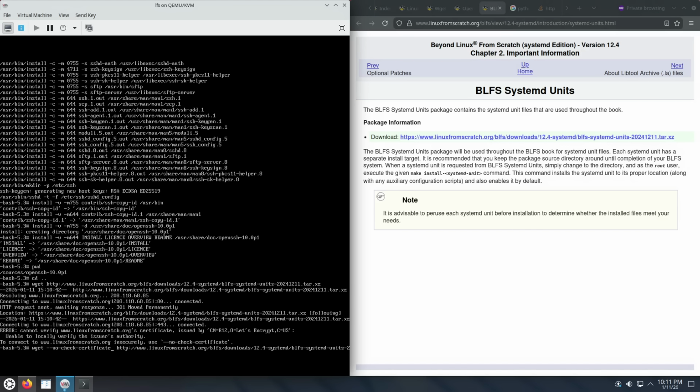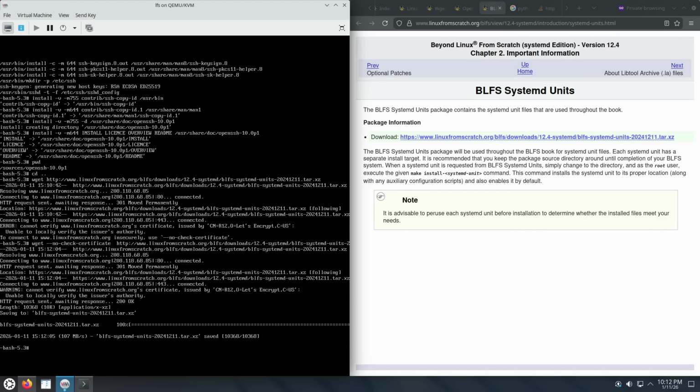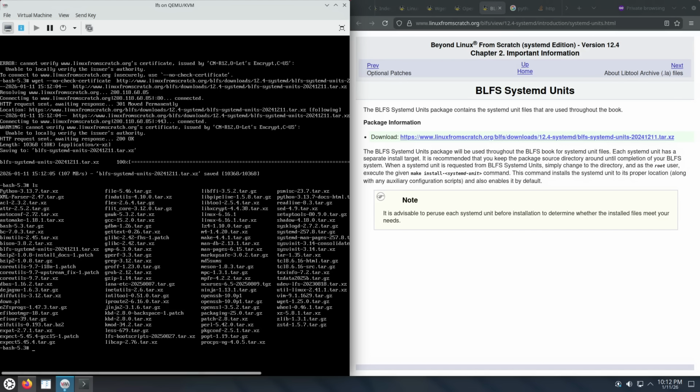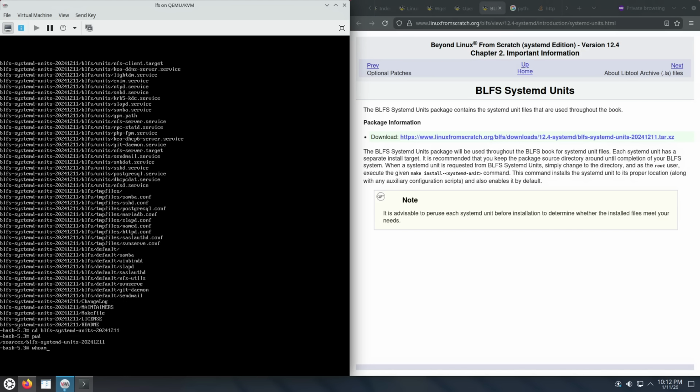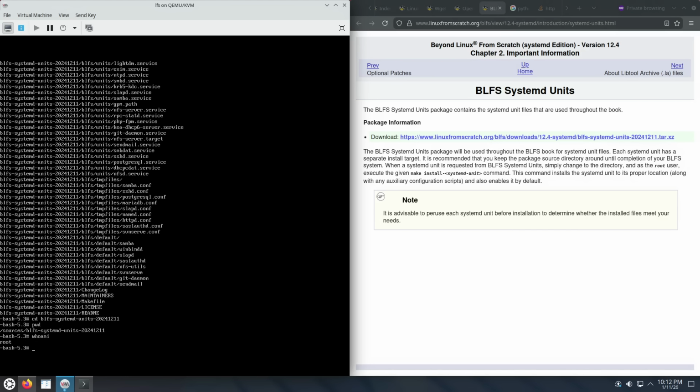So wget --no-check-certificate and then the URL. ls. The name is blfs-systemd-units. So tar -xvf blfs-systemd-units. cd in there. pwd, who am I. And then inside there's a ton of